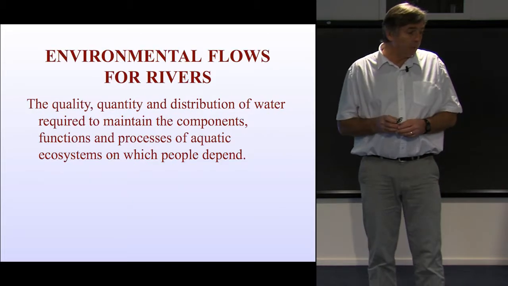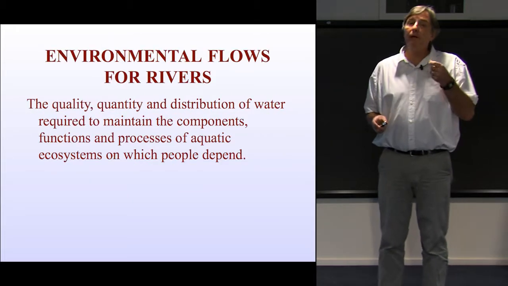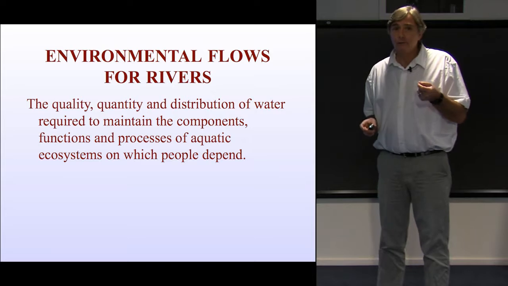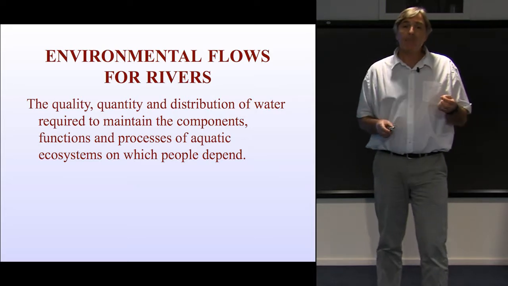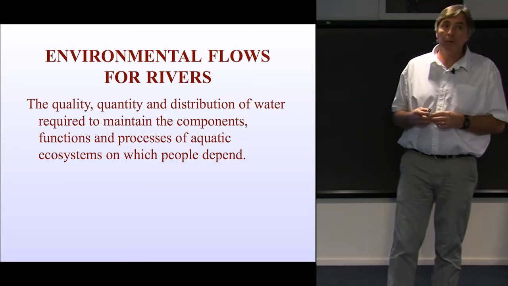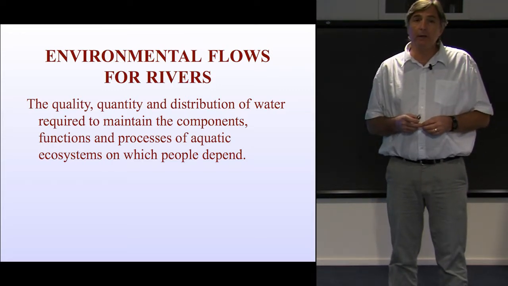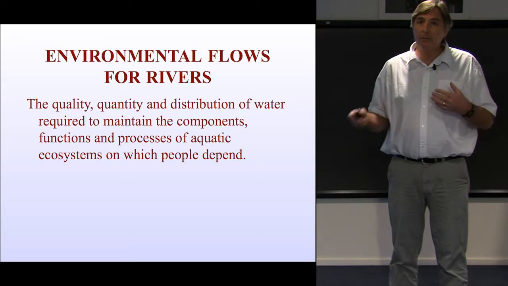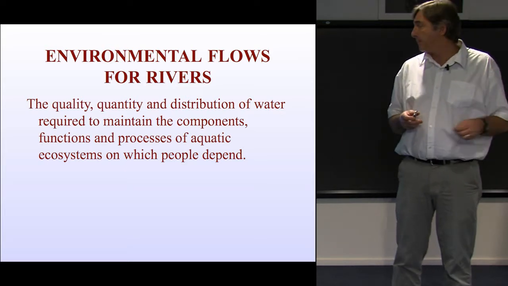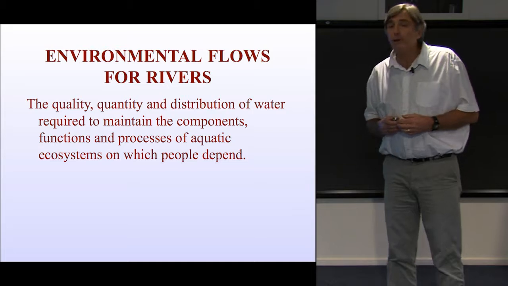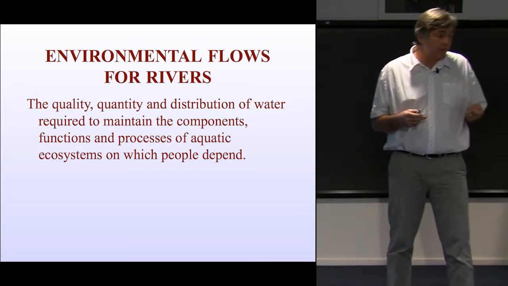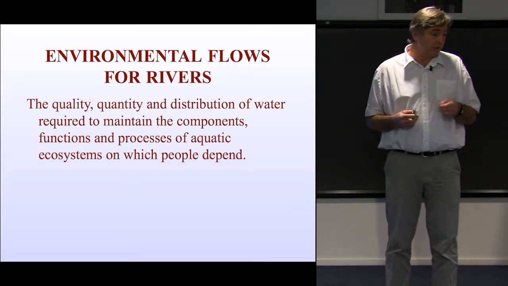Okay, so if we go on from there to talk about what are environmental flows for rivers, and then I'll talk a little bit about the way that these environmental flows can be assessed. How much flow do you need? What sort of variability? Okay, so environmental flows for rivers are about the quantity, quality and distribution of water required